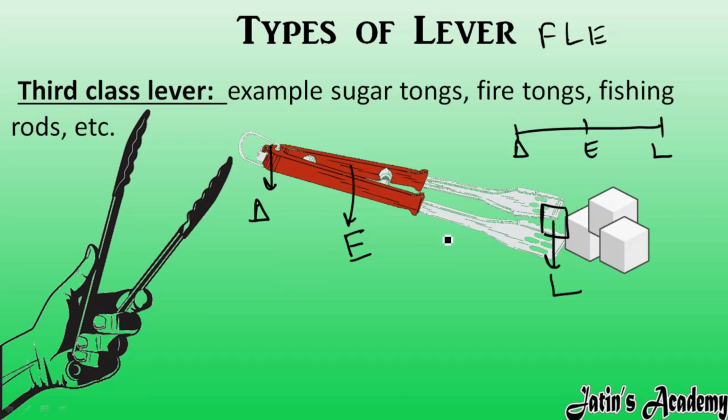Next we are having a similar example of fire tongs. In fire tongs also, here we have a fixed point, that is a fulcrum. Here we are going to apply force. From these points we are going to apply the force, so it is the effort, and here we are going to put some kind of load in order to move it or in order to use it. That is a load, okay? So here effort is in center. When effort is in center, we have a third class lever.